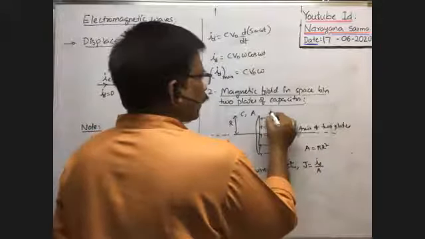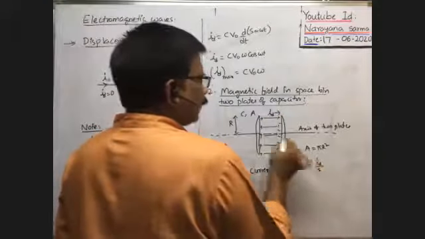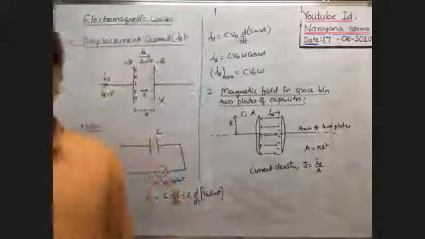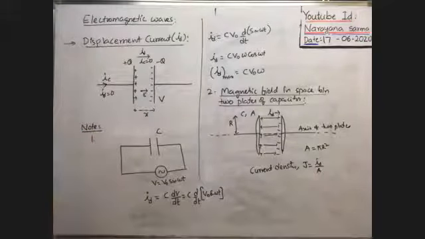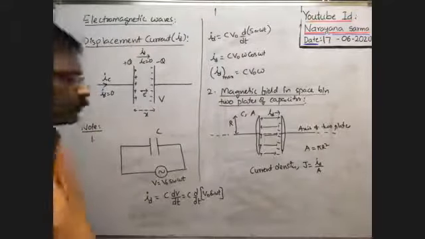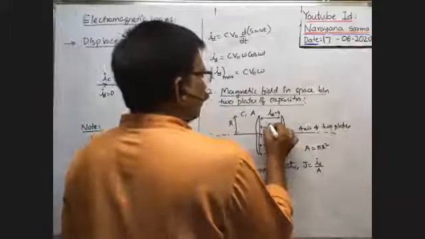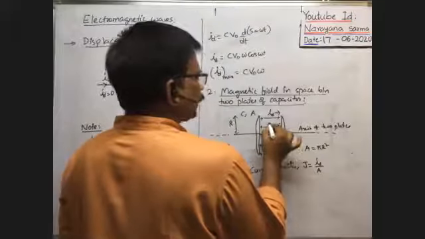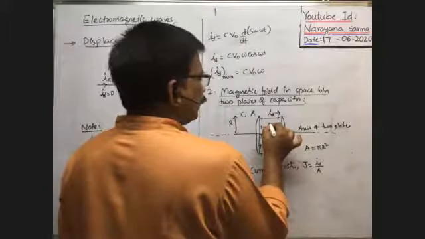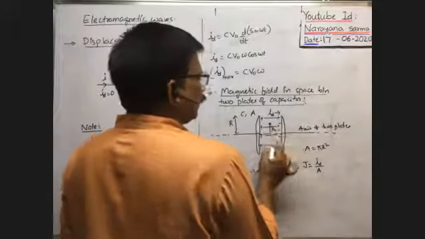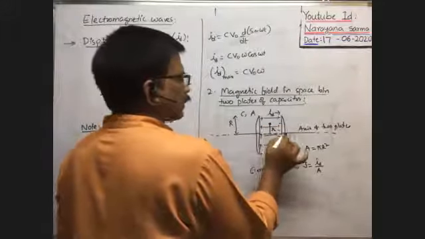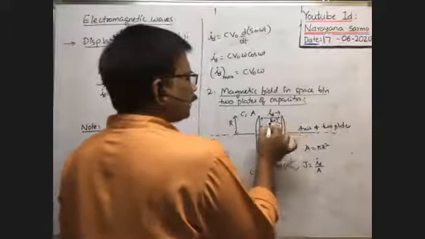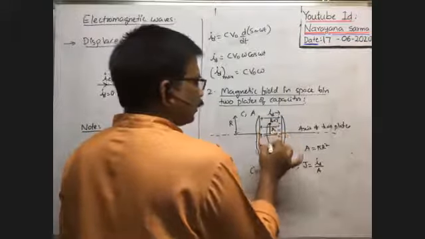Then what is the current density? That means current passing through unit area of cross section is called the current density. So current density between the two plates of the capacitor is equal to this one. Therefore, we have to find the magnetic induction at this point. Consider this point at a distance small r from the axis of the two plates of the capacitor. What is the magnetic induction B? We have to find. By taking this distance as the radius, imagine a circular loop like this.